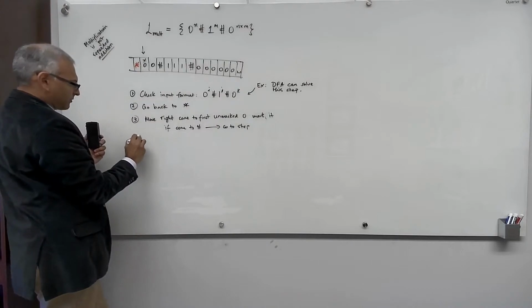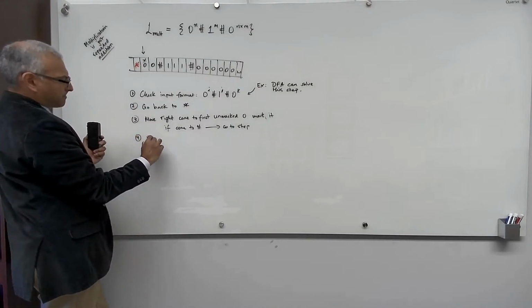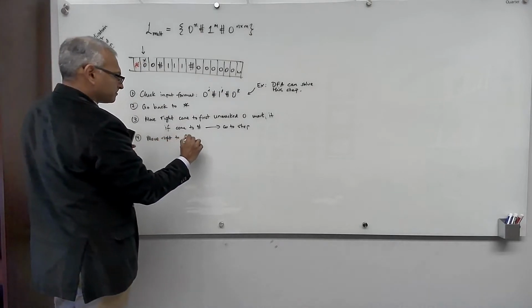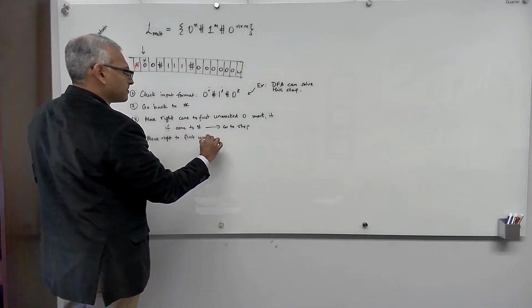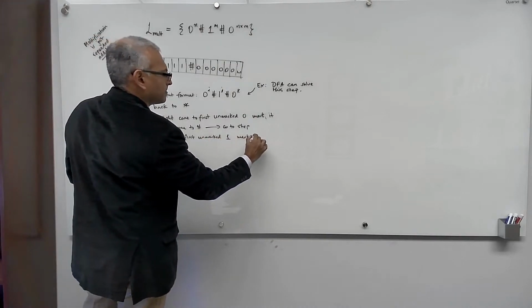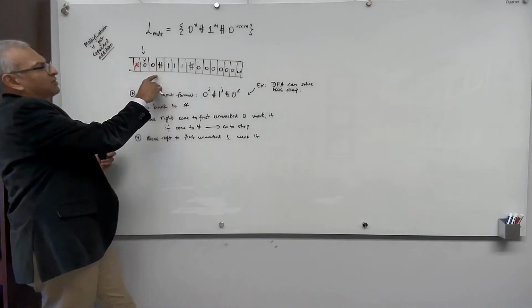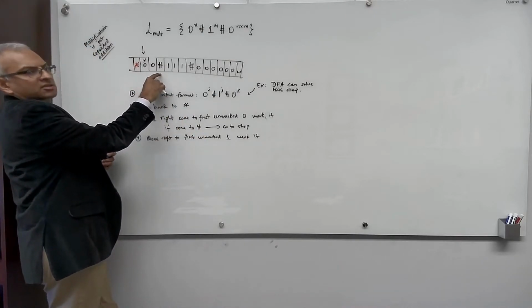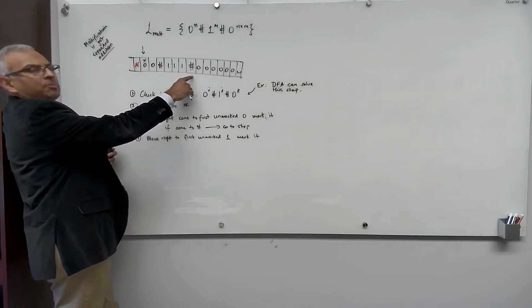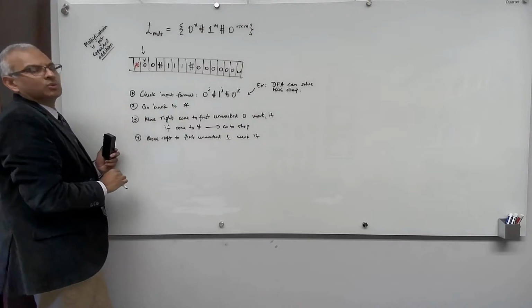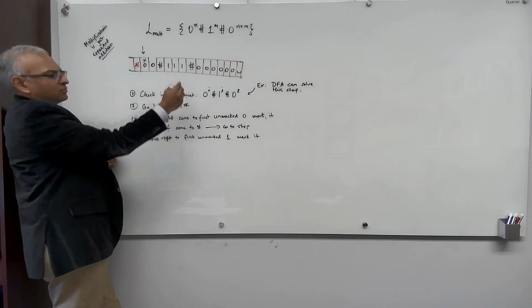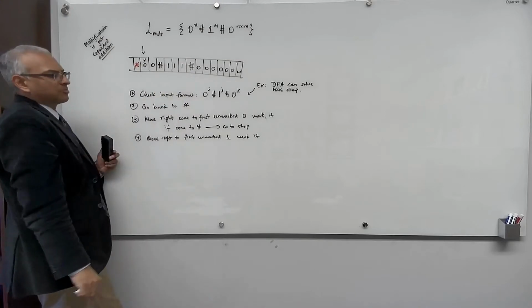So step 4, move right to the first unmarked 1 and mark it. You can think, if I'm moving right and I go past this pound and I find no unmarked ones and come to a pound, it means that there were no ones to begin with. In which case, you'd have to do something. If you come to this second pound,